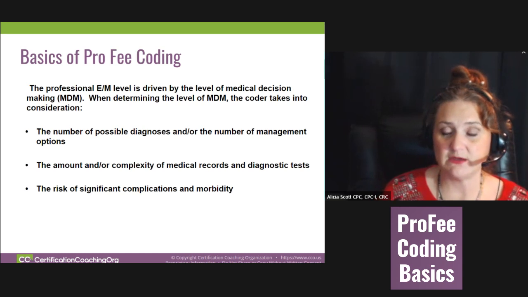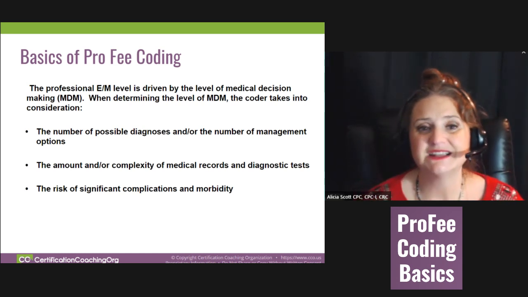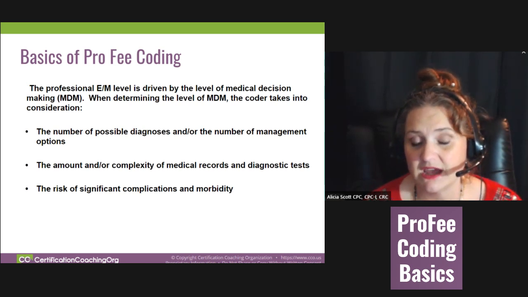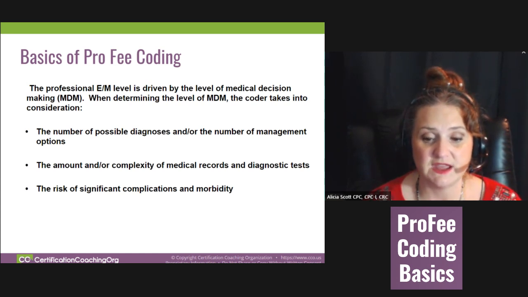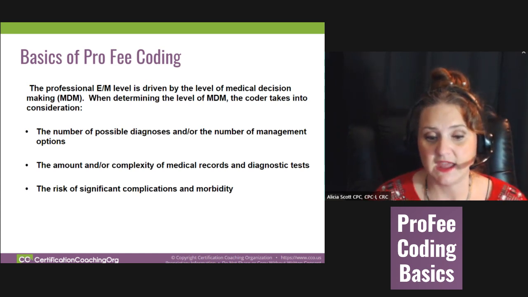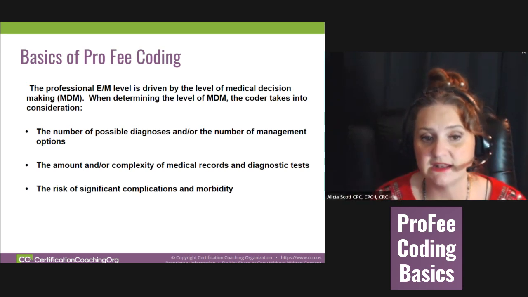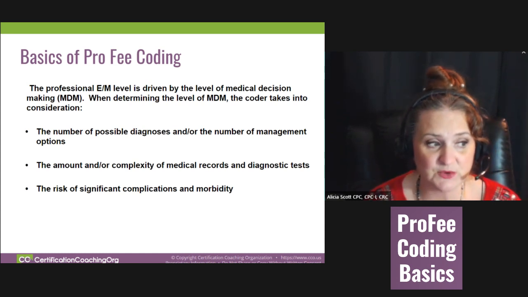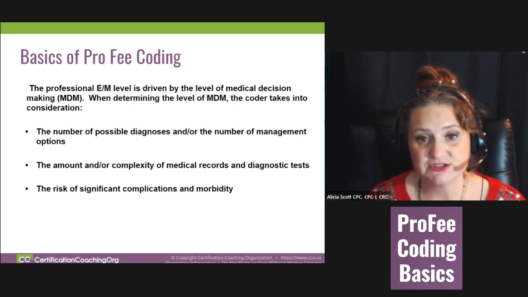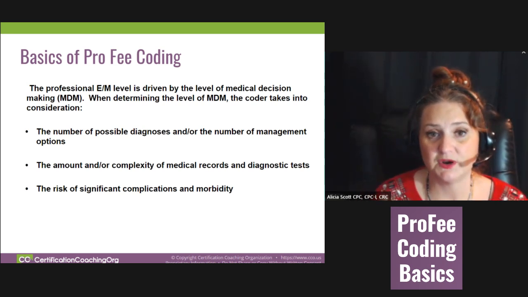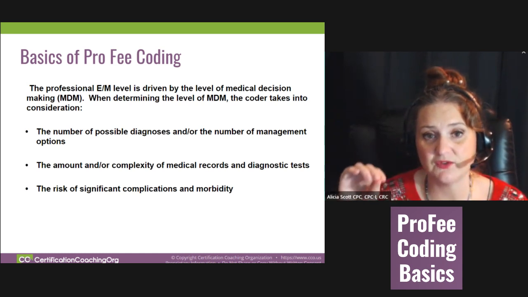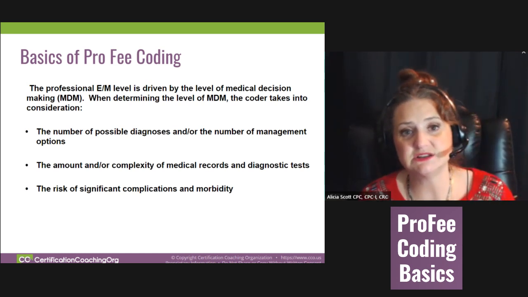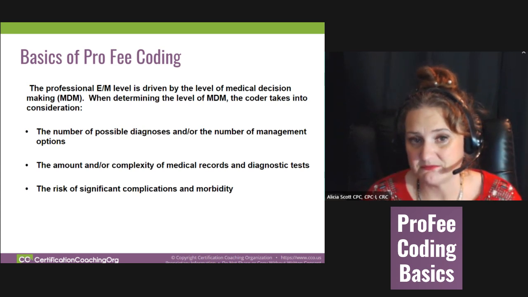However, if you have another person, like a mirror of that person, and let's say they have one chronic condition too, but it's not the same chronic condition. Let's say they're the same age, they are establishing care, and they have moved from out of state, and their one chronic condition is osteoporosis. The medical decision making is probably going to be at a higher level, and the review of systems and everything is going to be higher, for the person that has the one chronic condition of diabetes than osteoporosis, because osteoporosis really affects one body system.